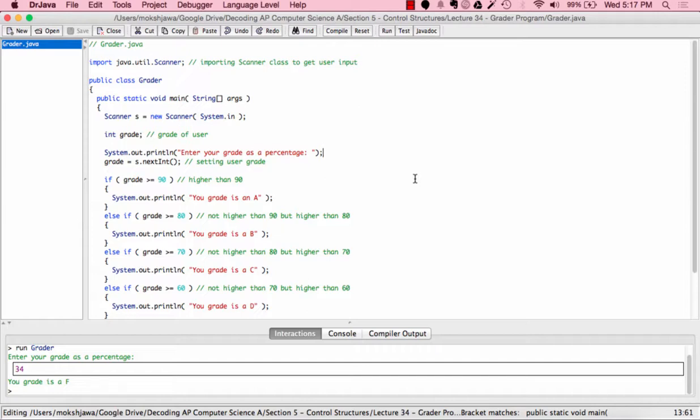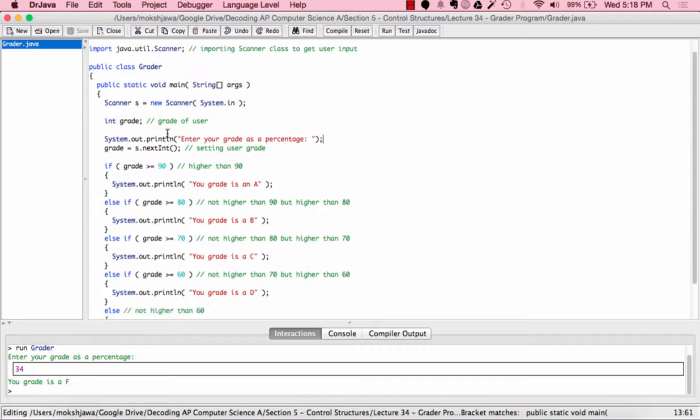So this concludes this lecture. We looked at the grader.java program, and we basically asked the user for an integer percentage of his or her grade, and we interpreted that percentage using an extended if-else statement to see what letter grade the user had. And the extended if-else statement is often used when you have multiple different conditions you want to